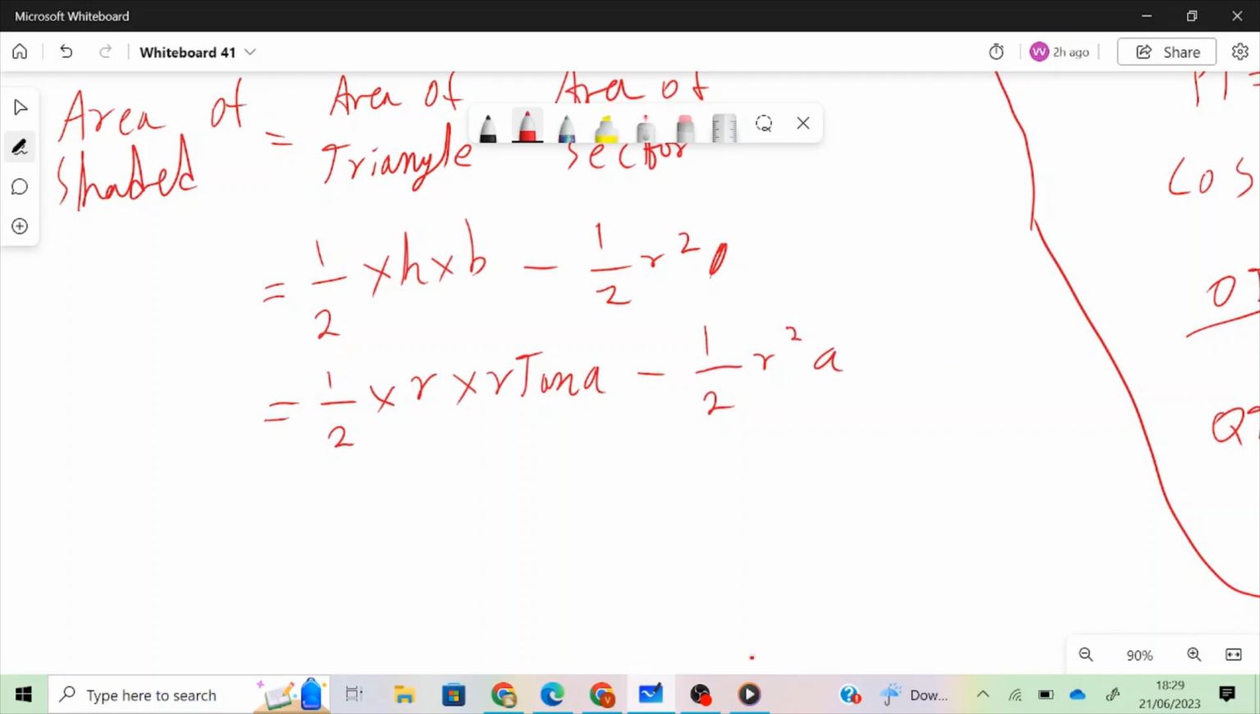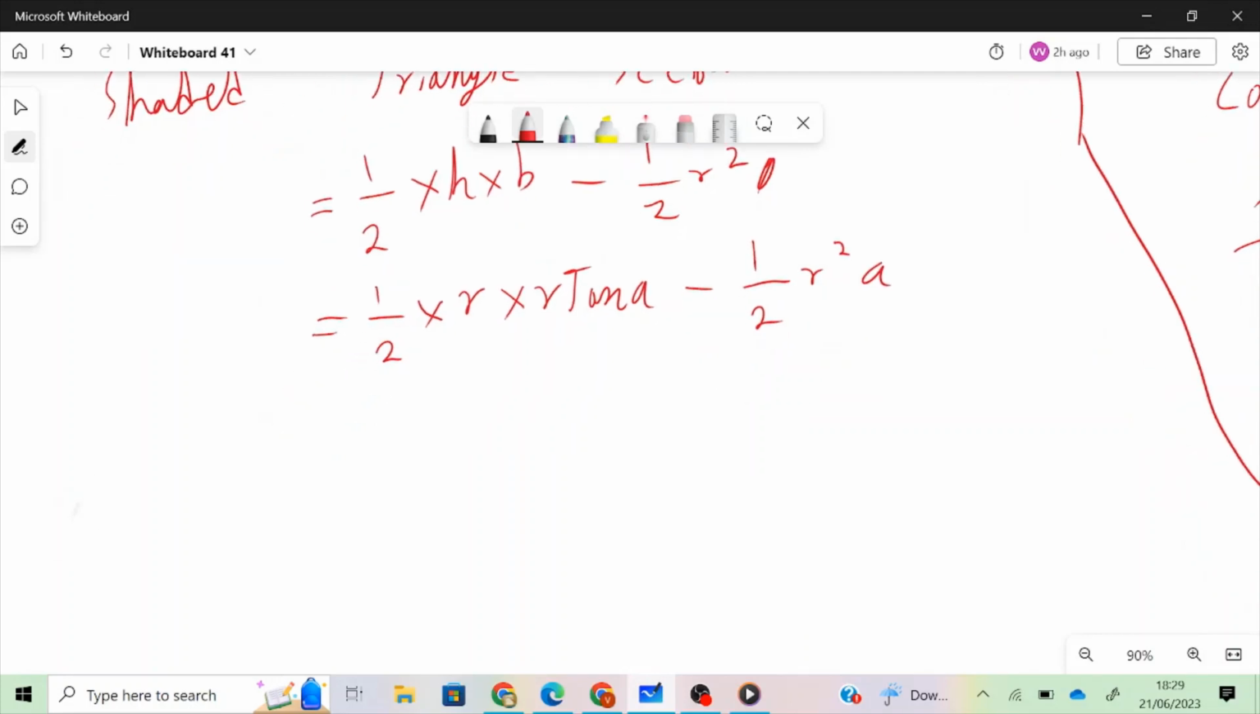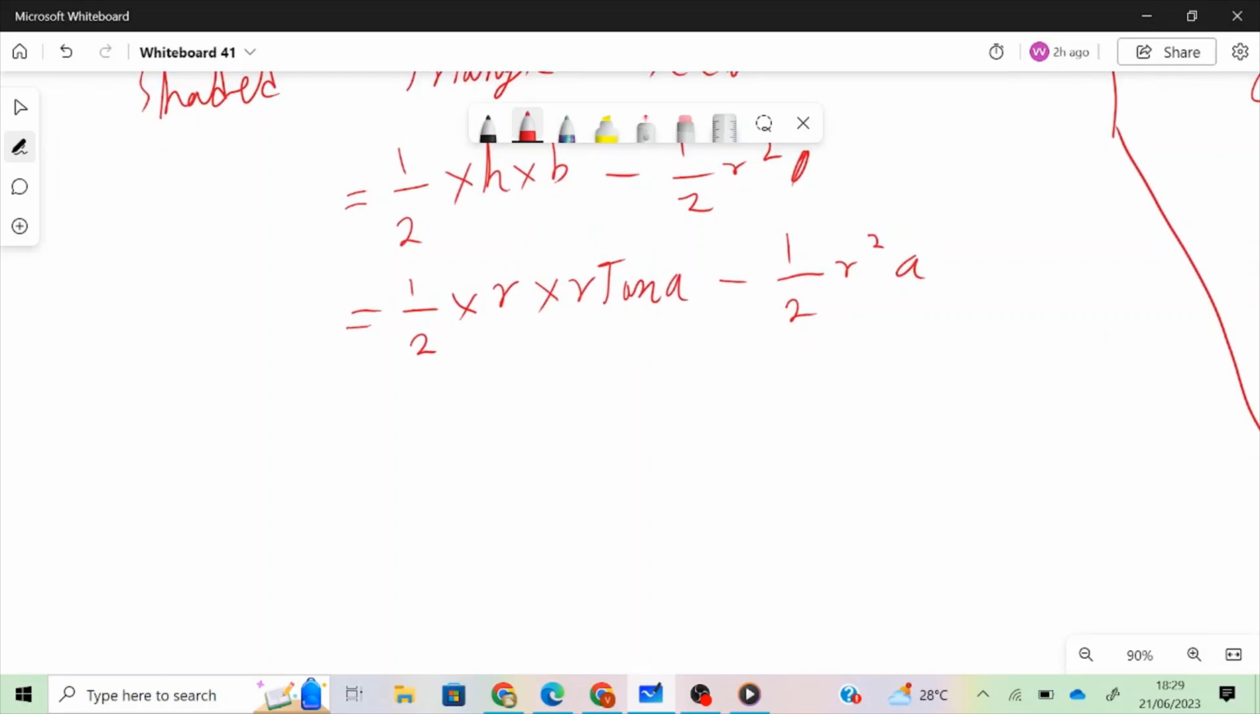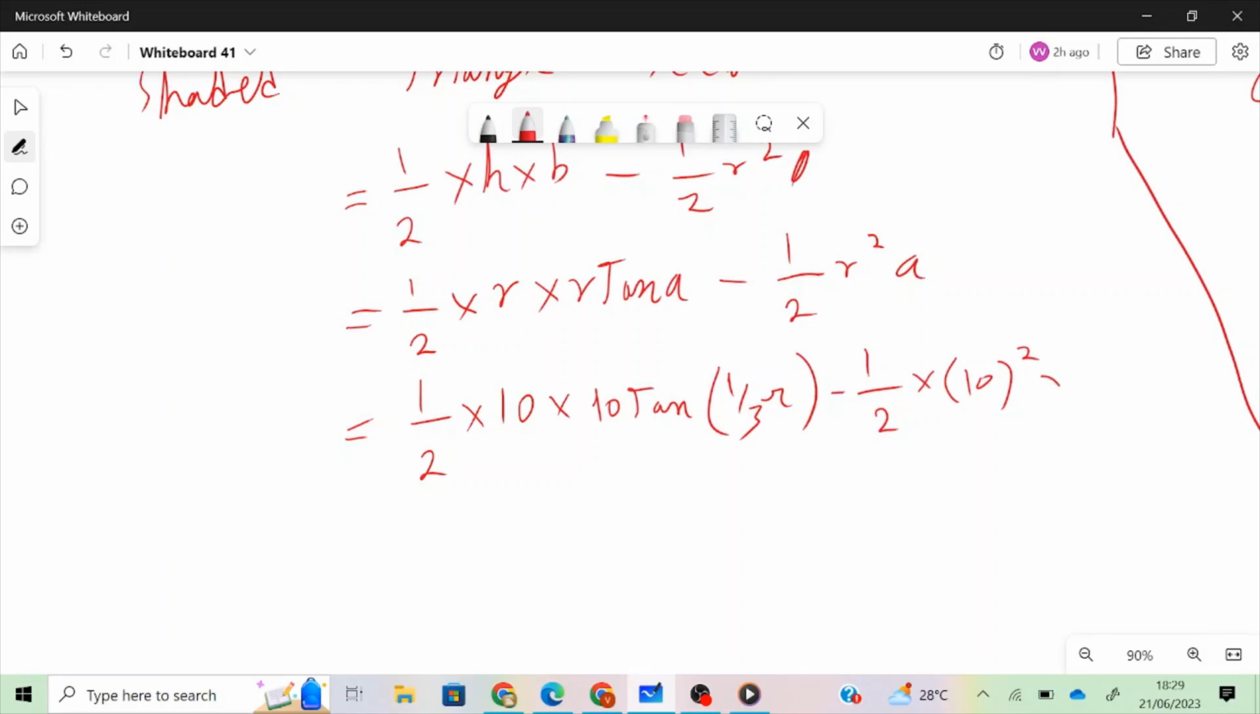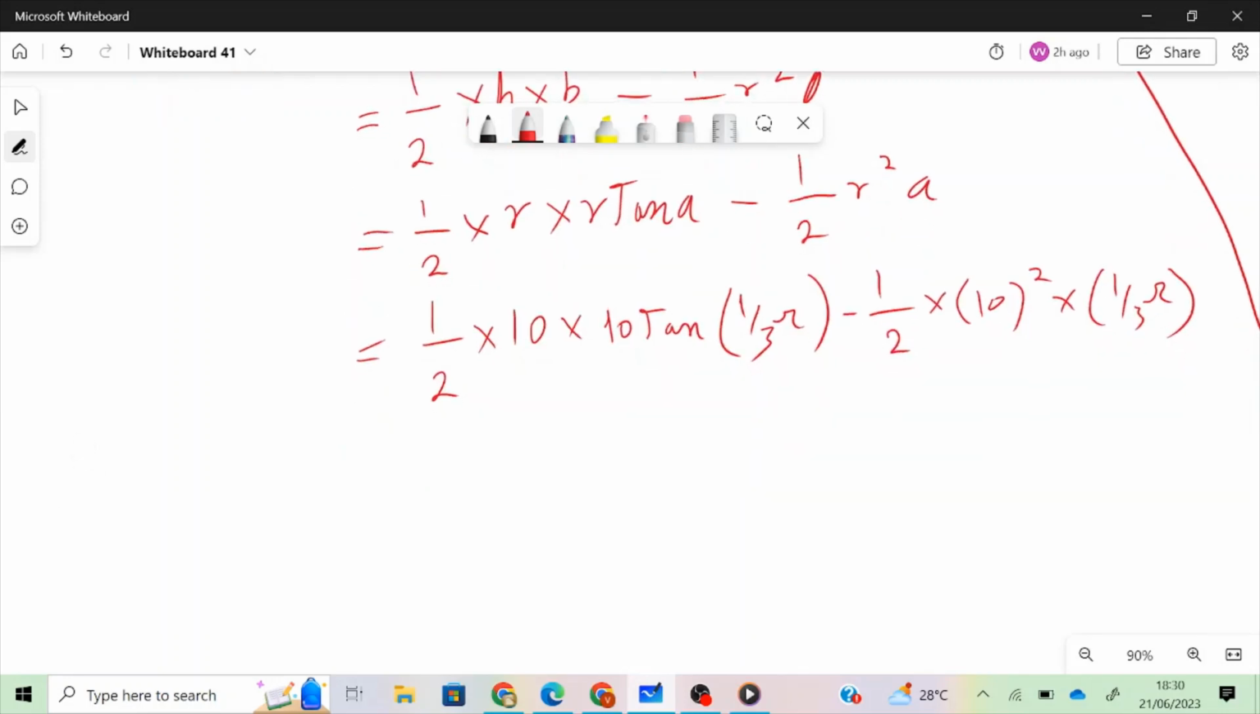And they gave us the values of r and alpha respectively, so just input those values in and solve. So we have half times r, which they said was 10, times r tan alpha, that's 10 tan 1 over 3 pi, minus half into 10 squared into 1 over 3 pi. And simply put this in your calculator, make sure you input all your values correctly, no silly mistakes, and doing that should give you